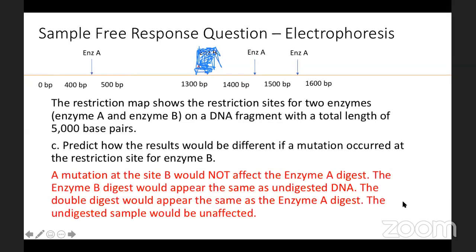So our answer here would just say that it would not affect enzyme A digest. Enzyme B would appear the same as undigested DNA. The double digested would appear the same as the enzyme A digest, and an undigested sample would be unaffected. All right,